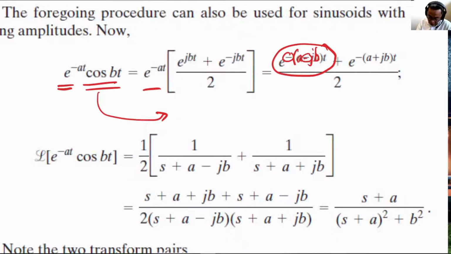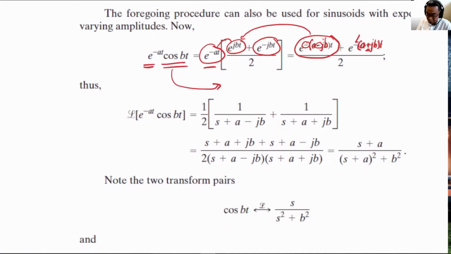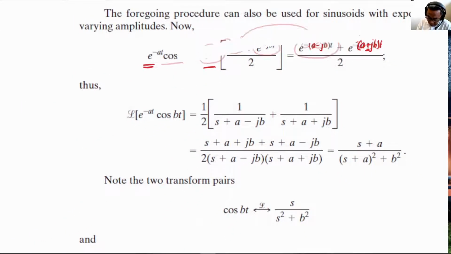So what happens is that it will generate the first term, this guy multiplied by this guy. Over the second term is e minus at multiplied by e minus jb. So we have a minus and we have another minus. If we bring the minus out, the inside operator becomes plus. It's e minus bracket a plus jb t. Now we apply the same trick, really. And remember, the trick was that we have